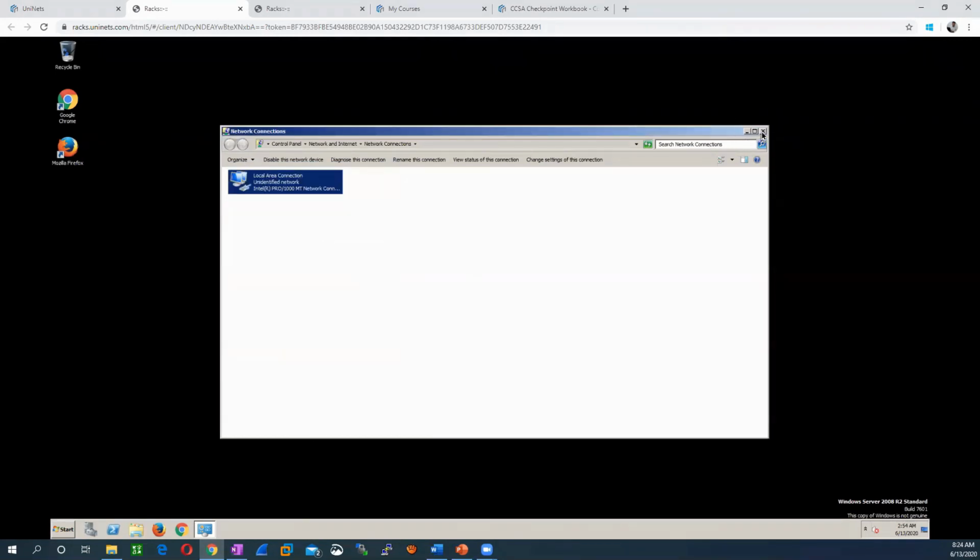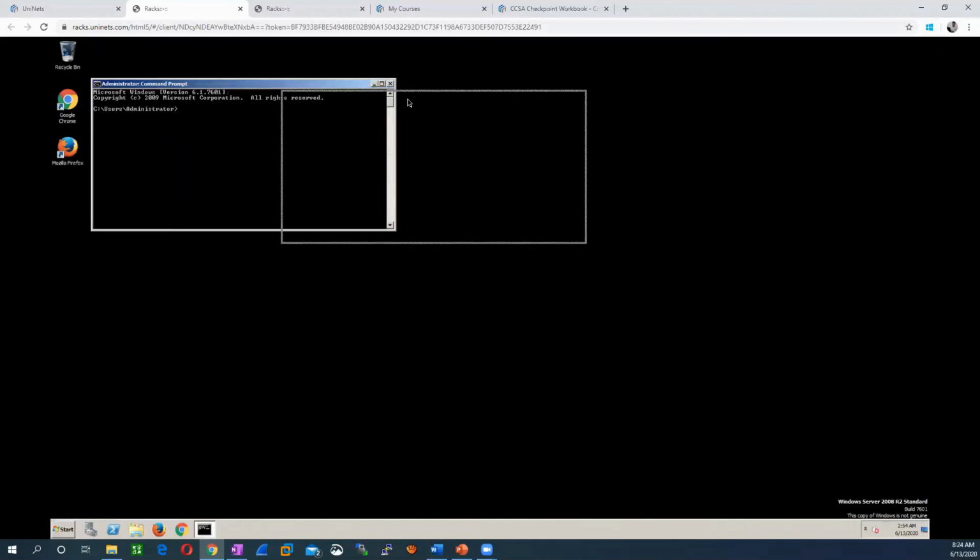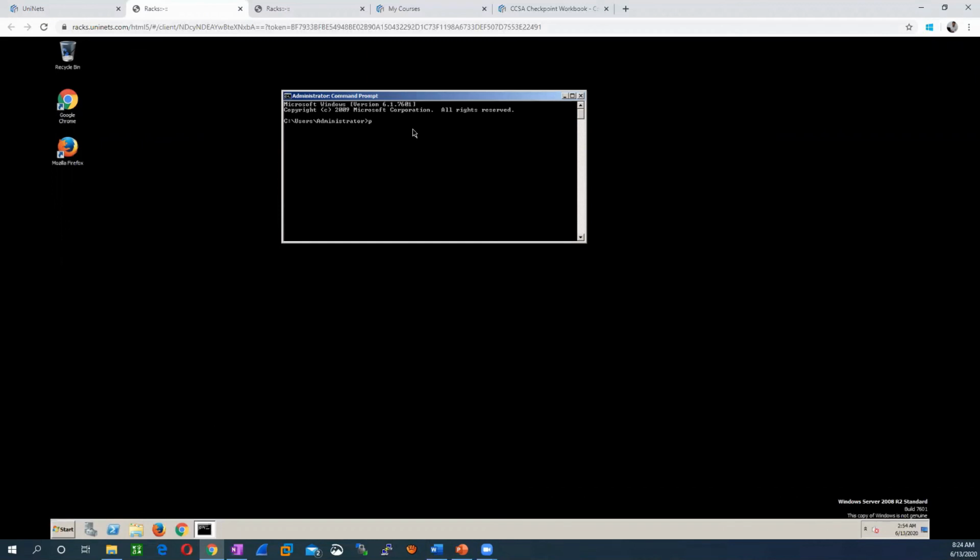So I think from the server we would be able to ping the management server. Let me ping 192.168.1.51. Yeah, it's reachable. So we can access the management server from the browser itself, meaning the web console.